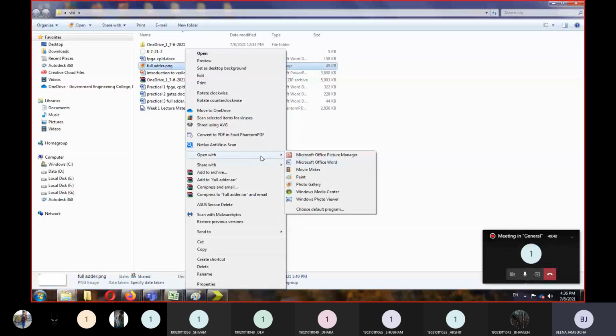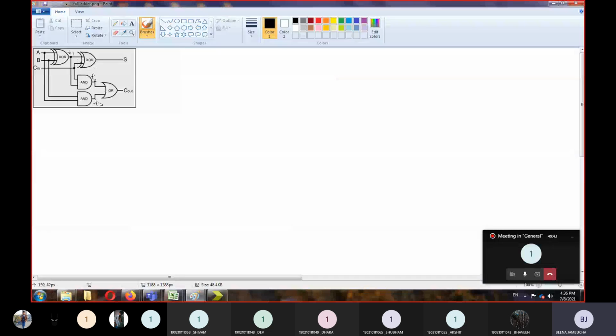I'm just opening it with paint. So here XOR and XOR, the output was S, right? First do the XOR operation of A and B, whatever the output is, again it is XORed with the input carry, and whatever you get is the sum.